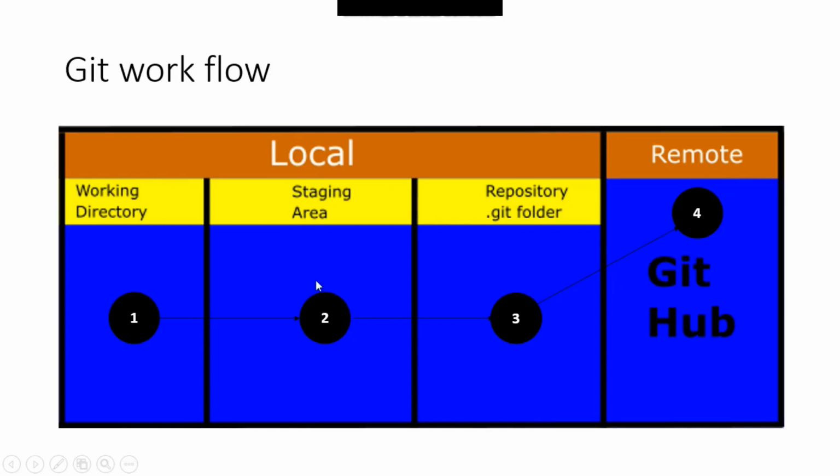I am going to relate this with the changes that I have done so far. The first thing I have done is to add the changes to the staging area, and for that I did git add followed by dot, which added all the files and folders into the staging area. Then I did a commit, which pushed my changes to the local repository, and then finally I have done a push, which has pushed the changes to a remote repository, right? So this is what we have done so far, and I hope you have got how to initialize Git with an existing project.